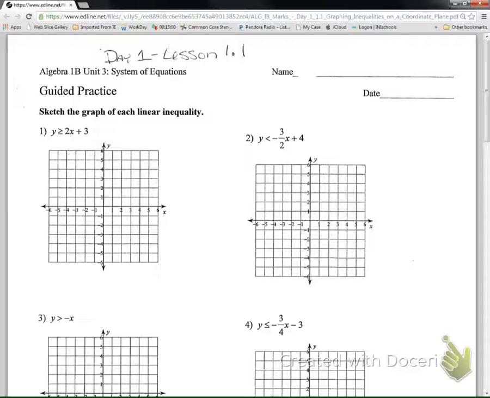Now to begin graphing this, we would graph it just as if it were an equation. We start with our y-intercept and plot that point. So our y-intercept would be the constant that's being added or subtracted to x, or a +3. Plot that point. And then you'll find your slope, and use your slope to find the next point on the graph. Well, our slope is 2, or the same thing as 2 over 1. So we go up 2 and over 1 to plot our second point. Once you plot both your points, just like if it was an equation, then we would draw a line, as straight as possible,